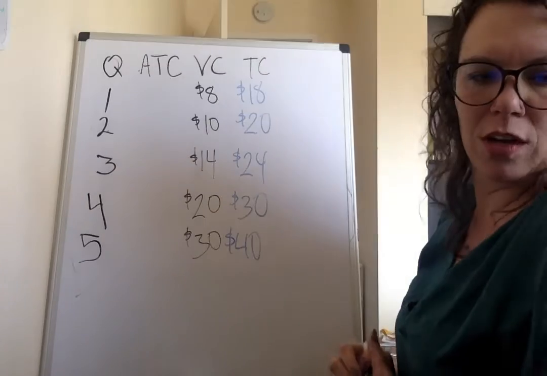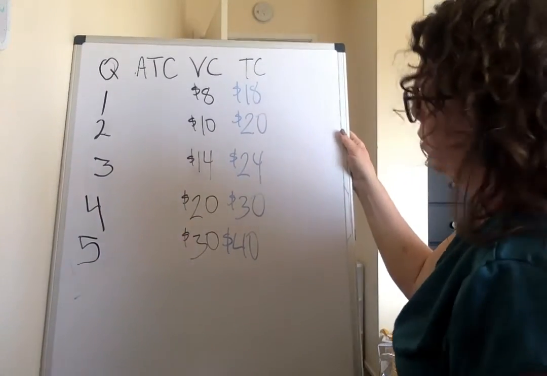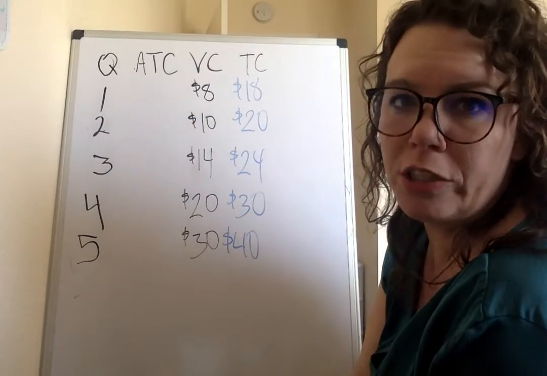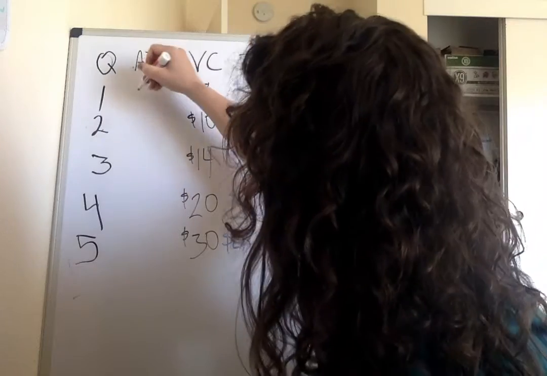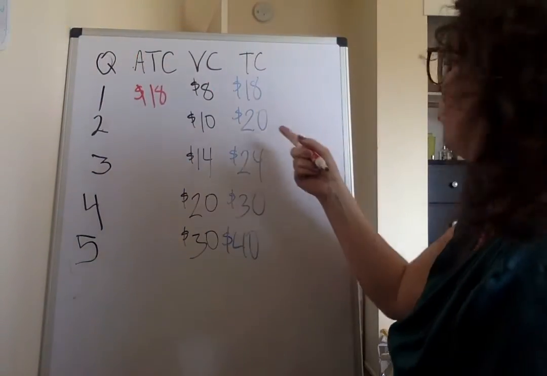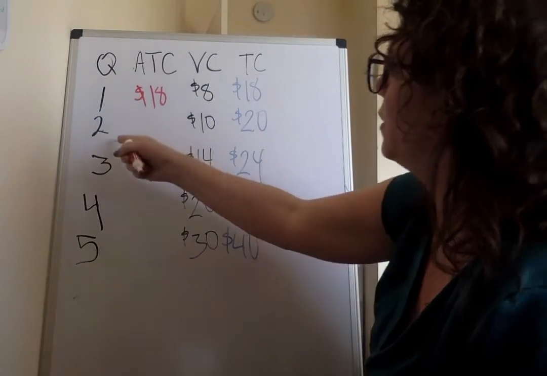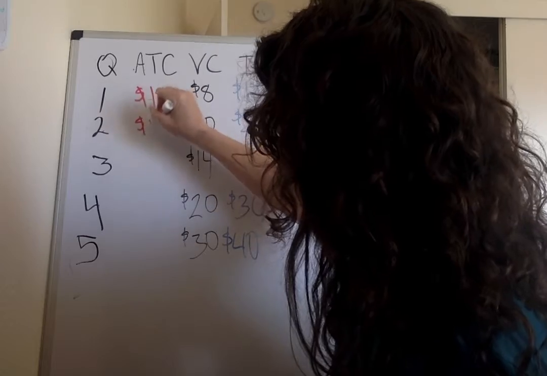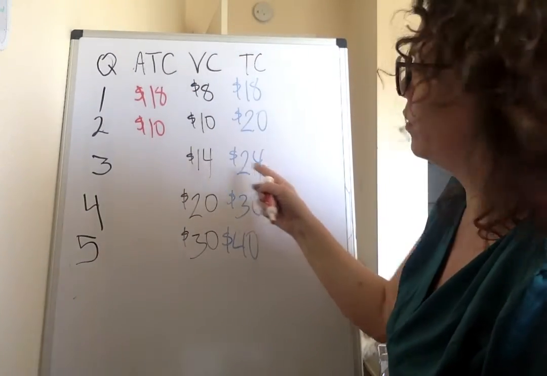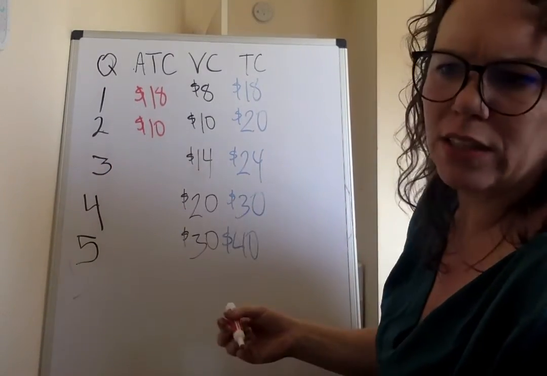So our average total cost is just our total cost divided by the quantity. So if we're producing 1 unit, our total cost is $18. So our average total cost is $18. If we're producing 2 units, our total cost is $20. 20 divided by 2 is going to be $10. If we're producing 3 units, we want to calculate 24 divided by 3 because that's our total cost and that's our quantity. So that's going to be,